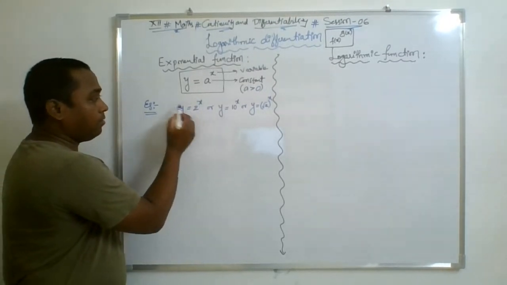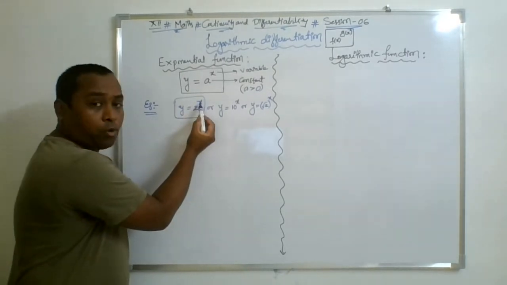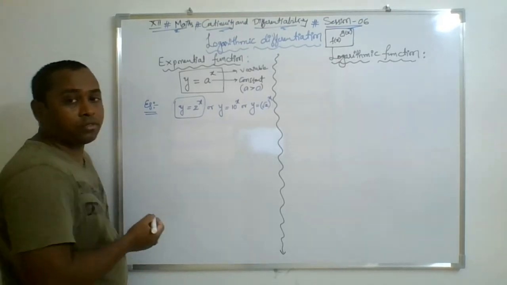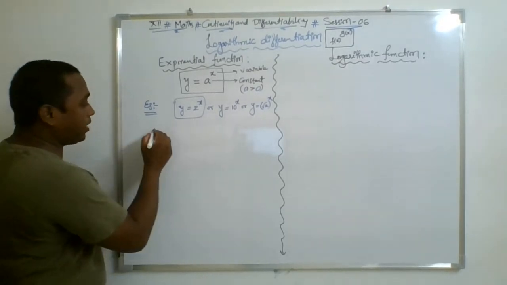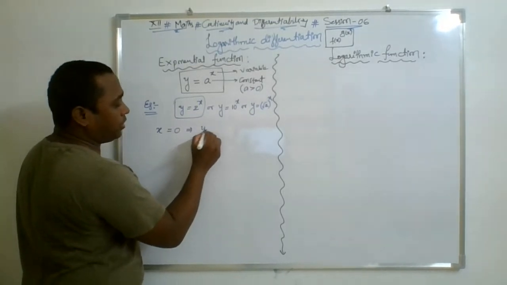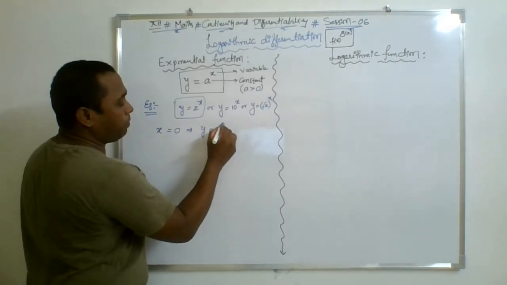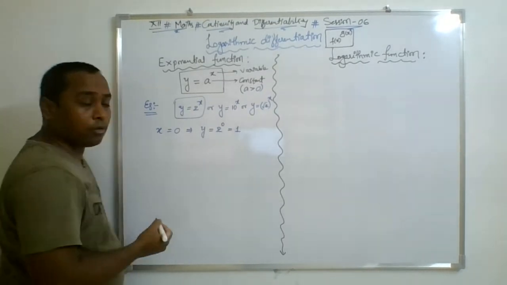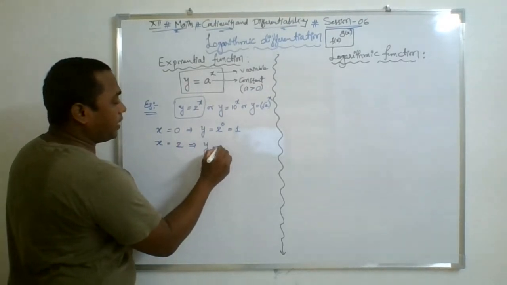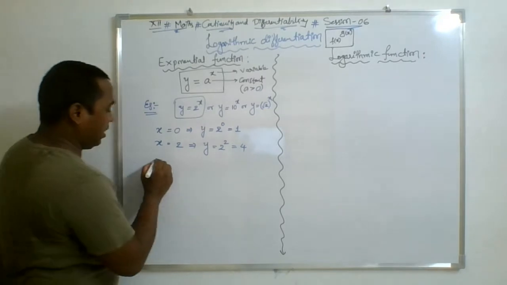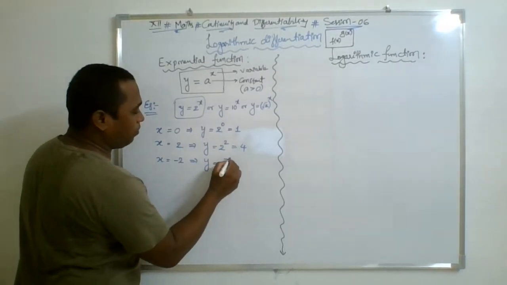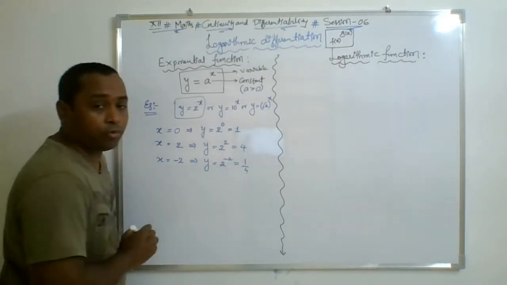Now you can assign the value of x as a positive or negative real number, or 0. What are the possible values of y we are getting? Just try to understand. I am taking x equal to 0. Then this exponential function becomes, its value is 1. If x is equal to 2, then the value of y is 2 squared, that is 4. When the value of x is equal to minus 2, the value of y is 2 to the power of minus 2, that is 1 by 4.